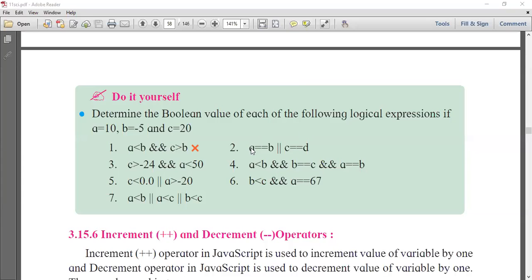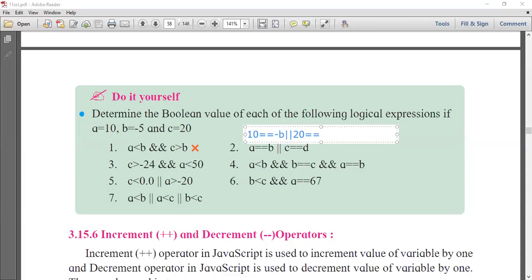Okay, so here A means 10 double equal to minus 5, B means minus 5, or C means 20 double equal to what?